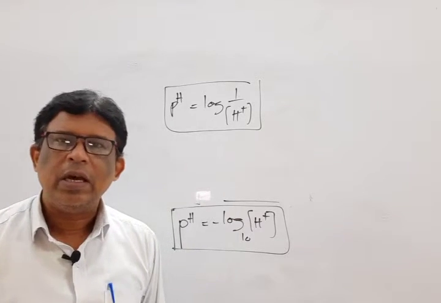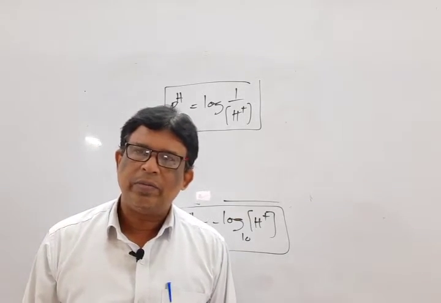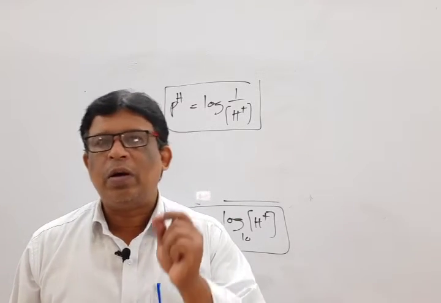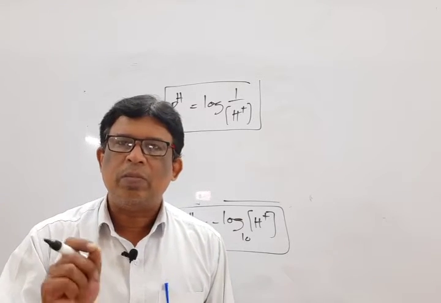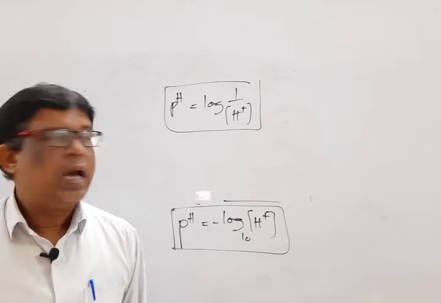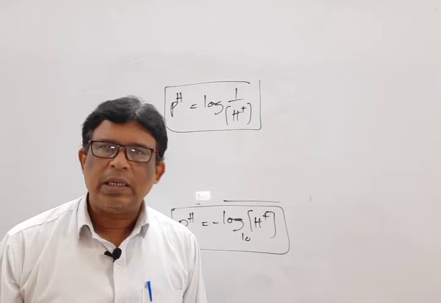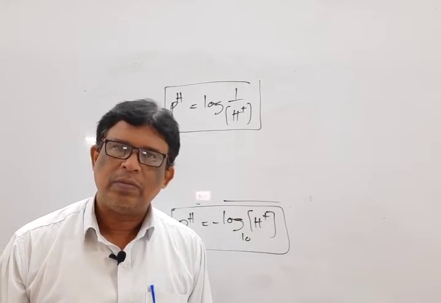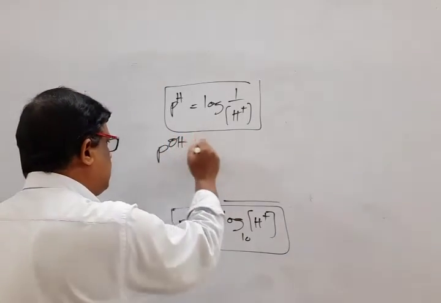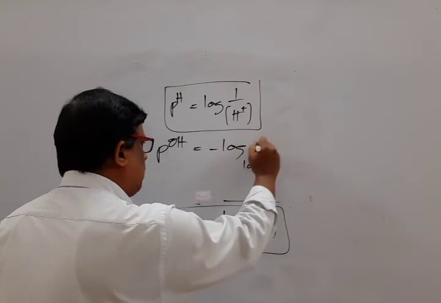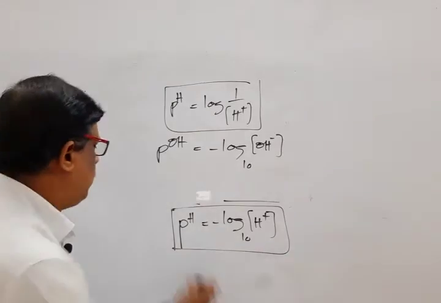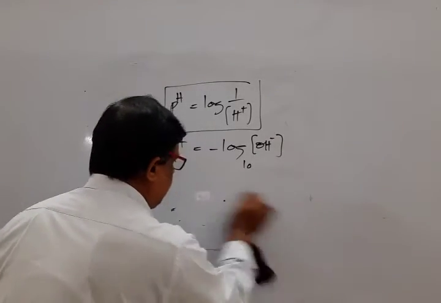A suitable example is the pH of neutral water. Pure and neutral water is 7, while that of boiling water is 6.56. Though it is neutral, at boiling point the pH is 6.56. Similarly, we can calculate pOH is equal to negative logarithm of OH minus ion concentration. Again we know another relation is there.